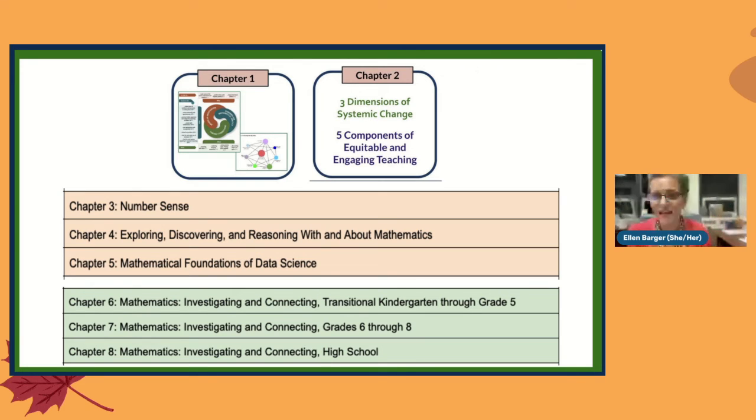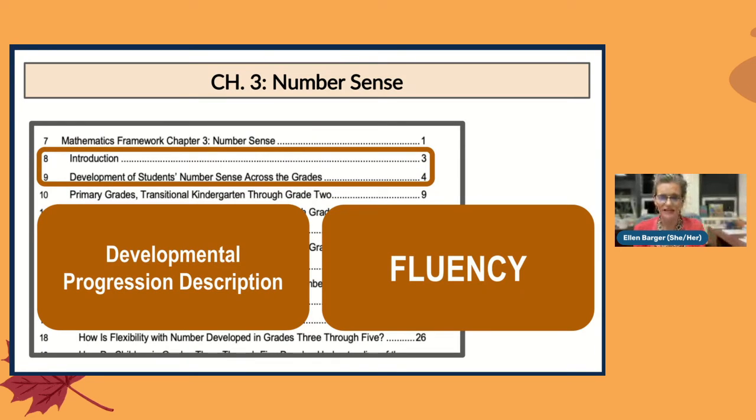So going into chapter 3, which is the number sense chapter, I have the table of contents. And when I changed over,